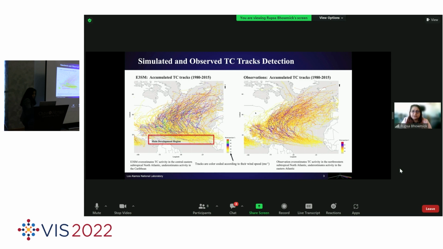So if you can see, in general, E3SM detected a much higher number of tropical cyclones compared to the observation, and the wind speed of those cyclones detected by the E3SM is also higher than the observation. So if you can see this red region, this part is called the main development region, stated in a different way, most of the cyclones over the North Atlantic developed over this particular area. And you can see that in E3SM, there are a higher number of cyclones generated over the MDR region